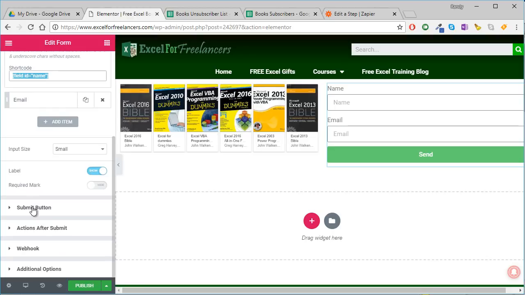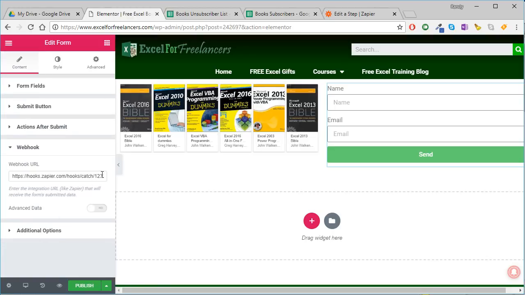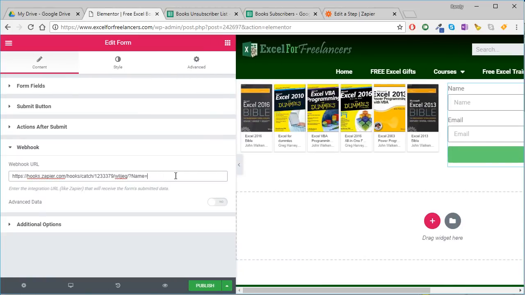So we scroll down, and we're going to go back into the webhook, and let me bring this out for you. There we go, much better. So the name equals form field name, but basically that means whatever the user puts in there is going to be right here. And then we're going to put the and sign, and then email